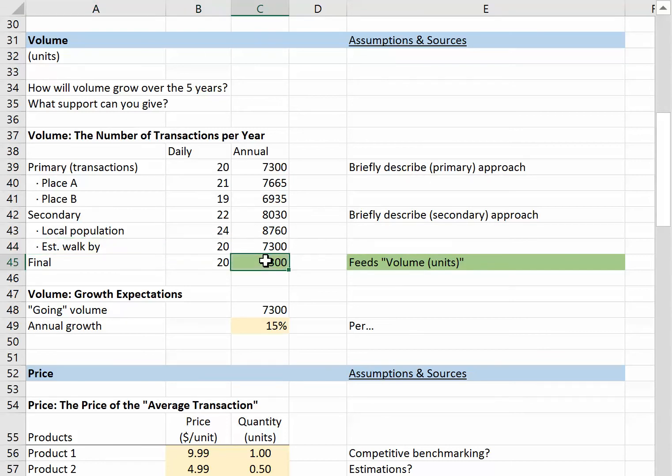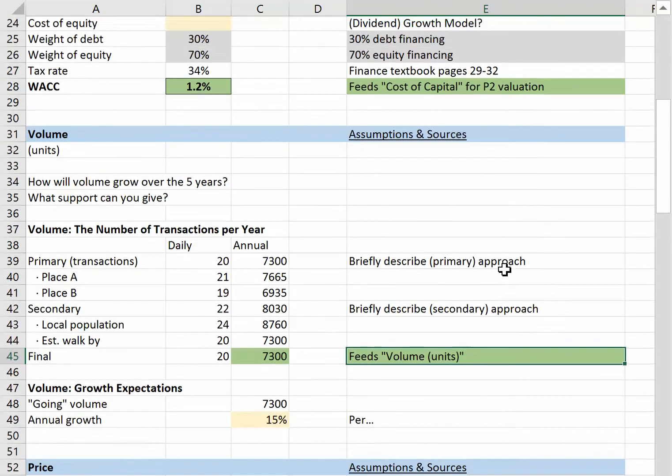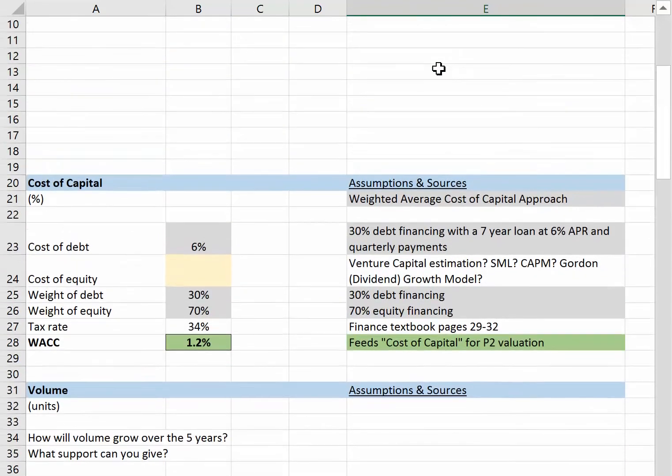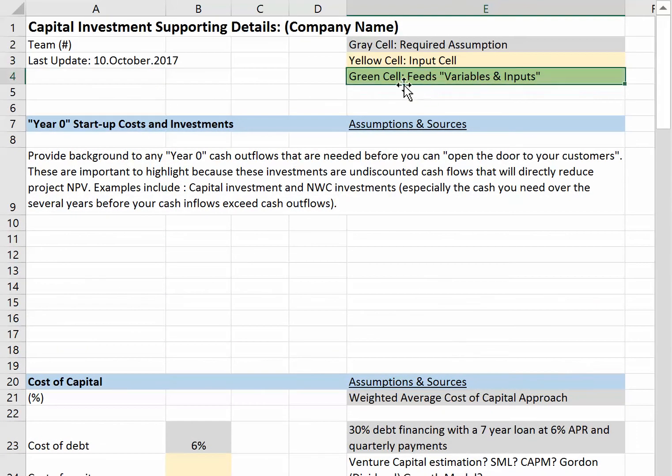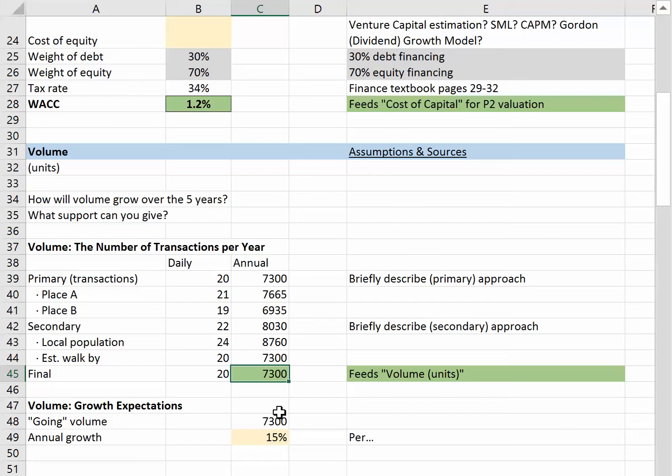Ultimately, you're only going to have to pick one of these numbers, the one you're most confident in, the one you can provide the most support for. This is the cell that will then feed the volume in units on the other tab called template. So notice any cell that's green feeds a variable in an input. So this 7,300 will feed the template